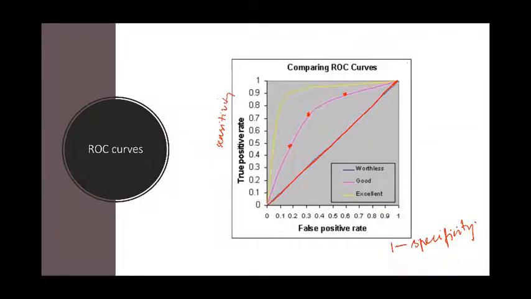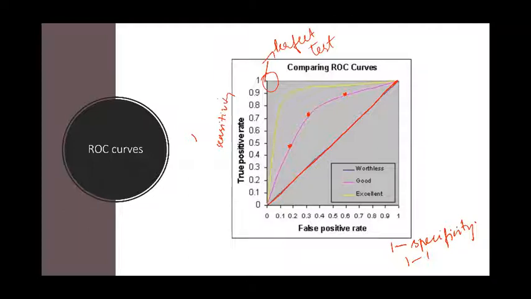Ideally, if a test is 100% sensitive and 100% specific, so this is 1 minus specificity. So 1 minus 1, and sensitivity should be 1. So this should be 0 and this should be 1. This is the perfect test. This is what we want all the tests to be near to. However, none of the tests will be there. Once we compute different tests, it will be like this.